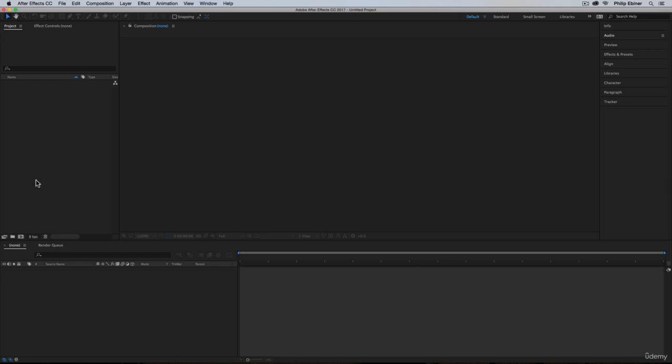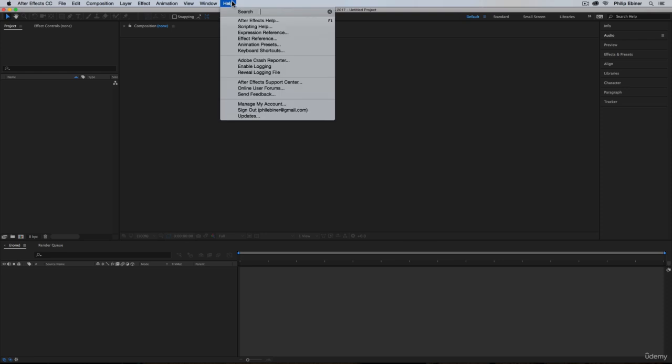Let's start a new composition. There's multiple ways to do everything in After Effects. Usually there's a button in the interface. There's often a keyboard shortcut, which you can get to if you go to Help and then click on Keyboard